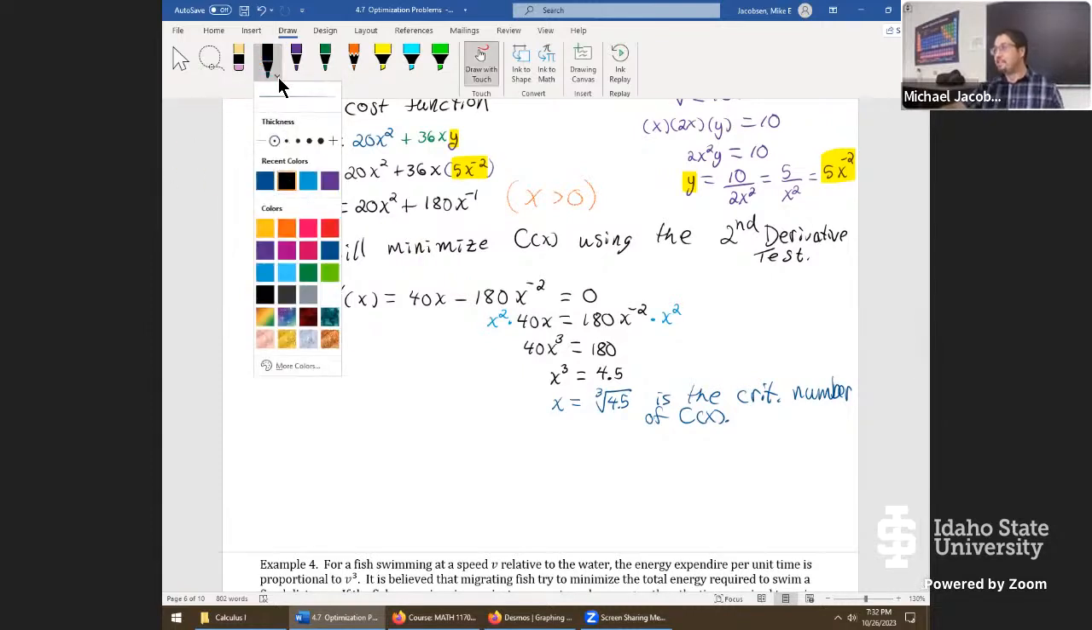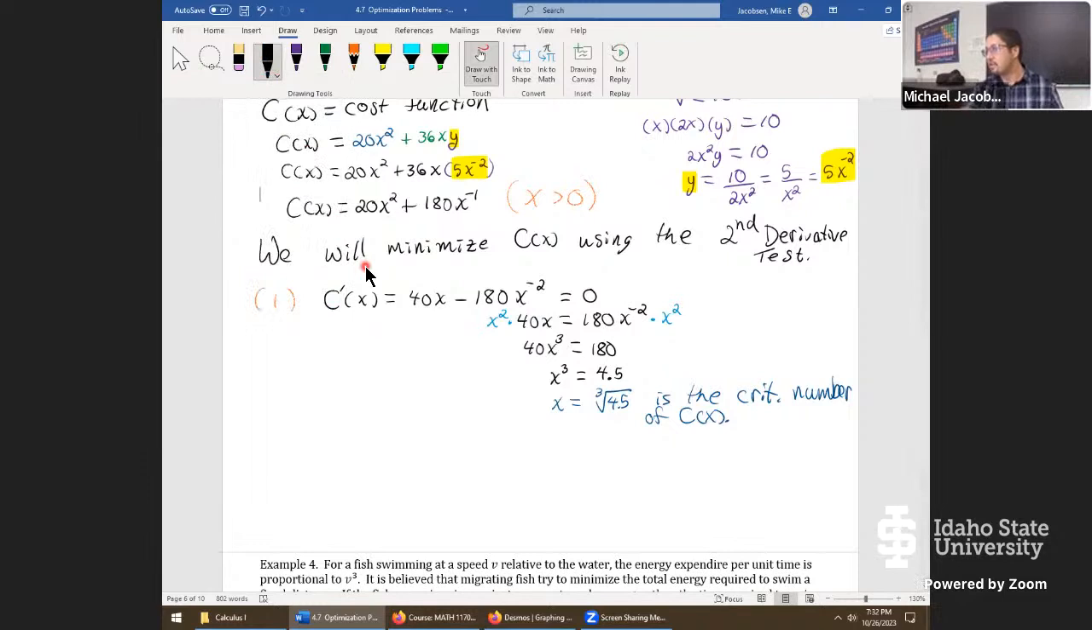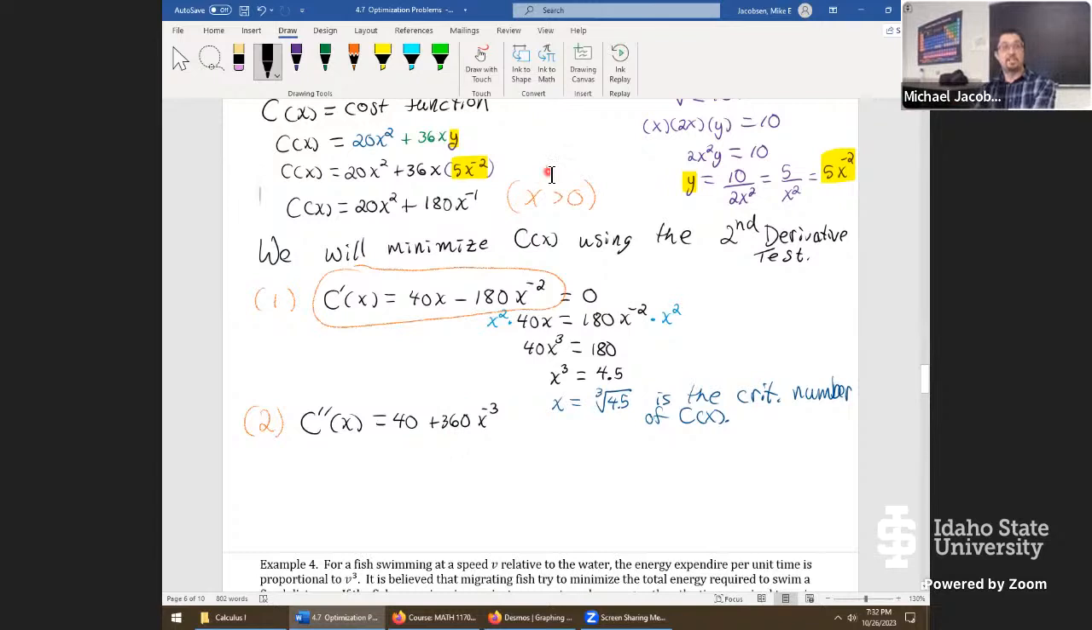So let's go to differentiate again. C double prime of x. I'm going to temporarily circle this. That was our first derivative. So the second derivative is, oh, we're on step 2, you could say. We found our critical number. Take second derivative, and right here we'll get just 40. Here we're going to get 360 positive x power -3. So 40 plus 360 x power -3